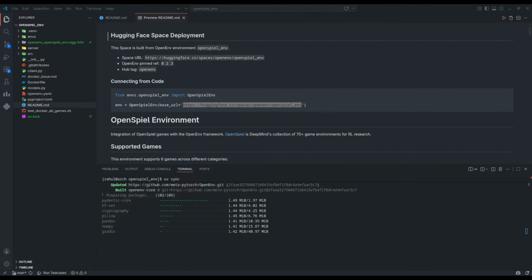Or is it? Okay. It is running. We need to connect the environment from the code.